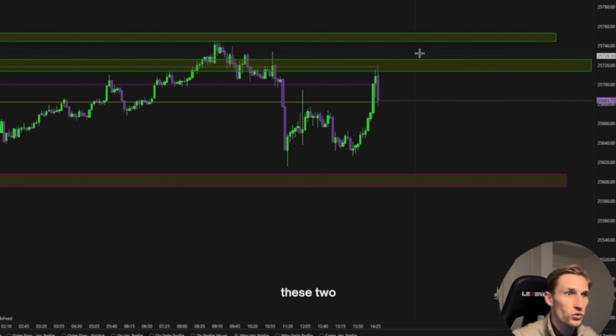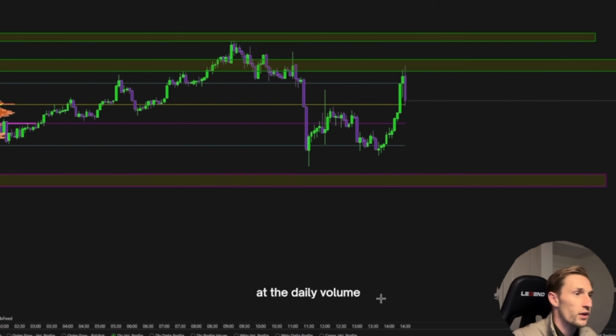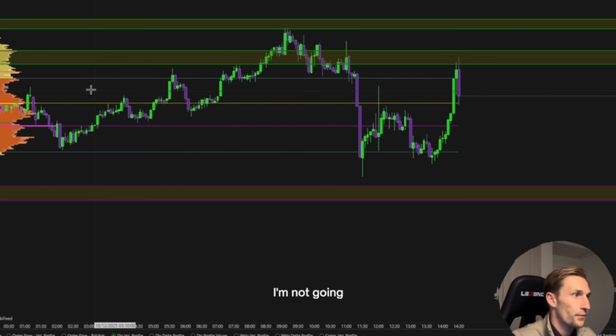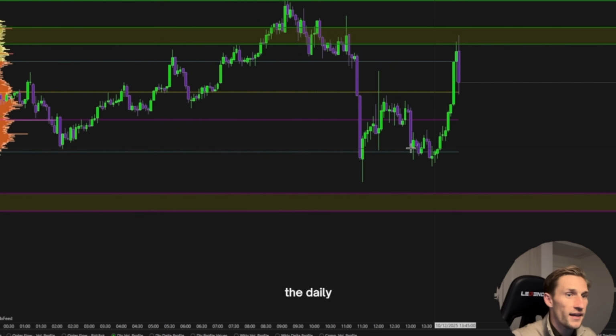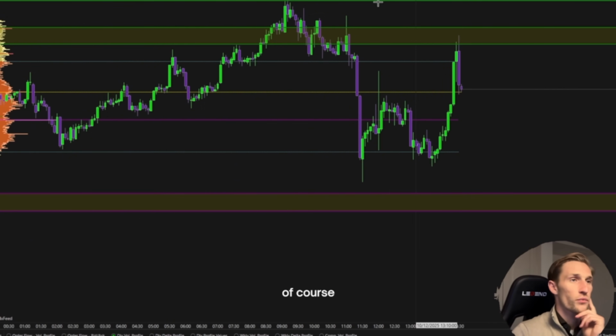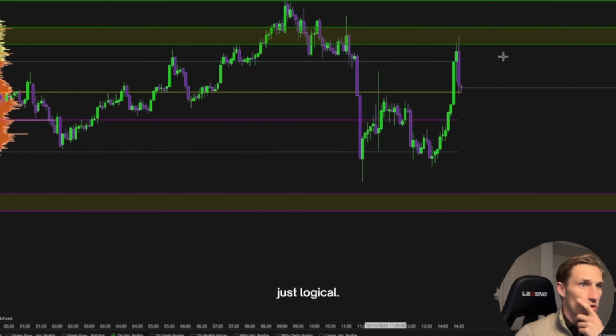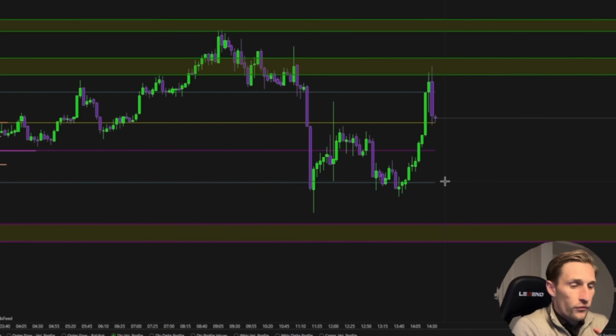Then we have these two value area highs. Let's have a look at the daily volume profile. I'm not going to draw the sections because normally I just keep this one in the chart, and then I just have the daily levels in here. And as you can see here, value area high, value area low, and it makes sense that this is of course quite in line with where the price has been today. That is no rocket science, that is just logical,